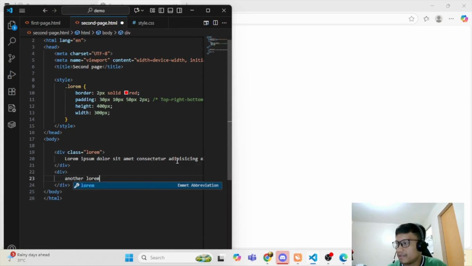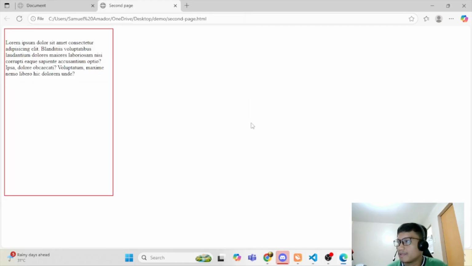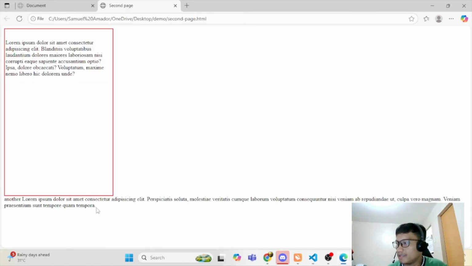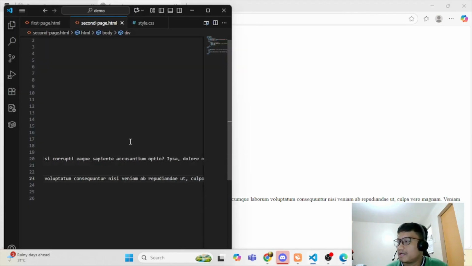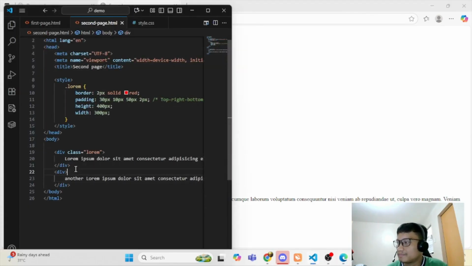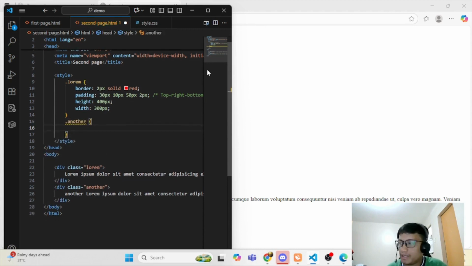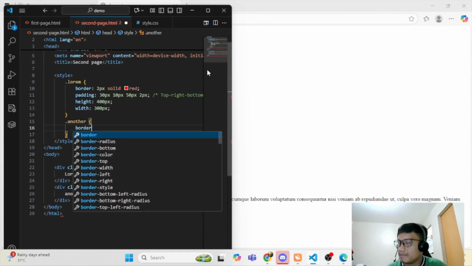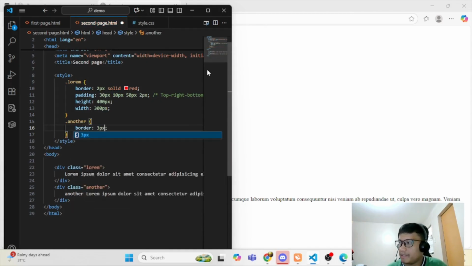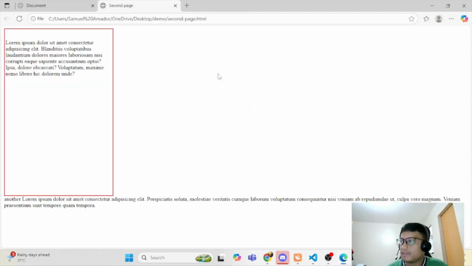Okay, now what about if we will add another, say another lorem, refresh. Okay, so for instance, another lorem, say border 3px, select blue, refresh.